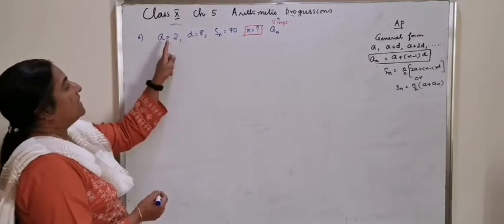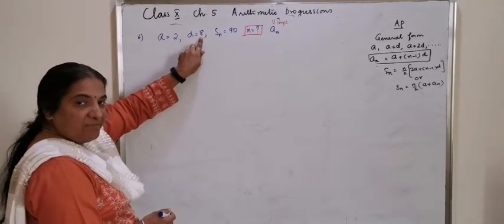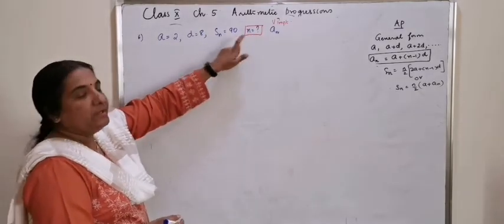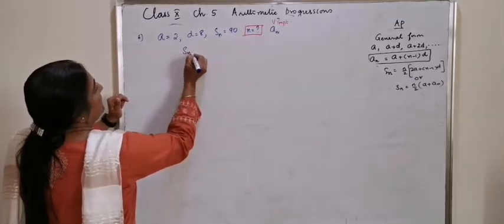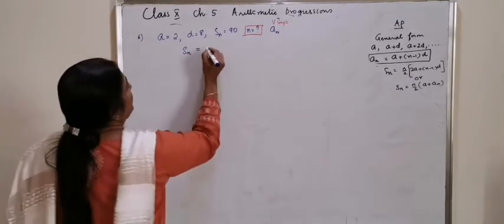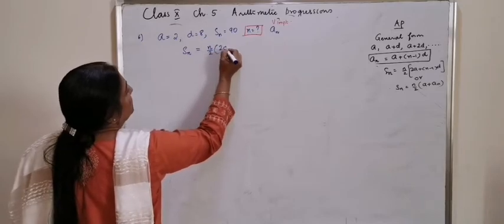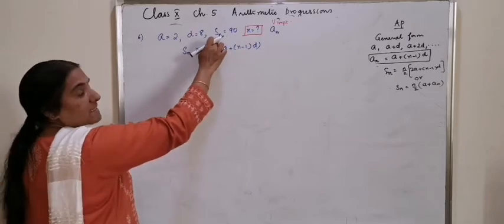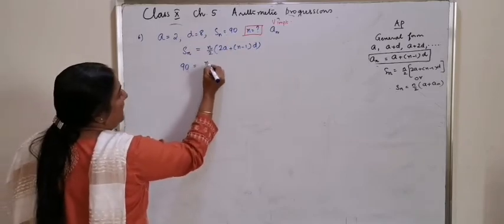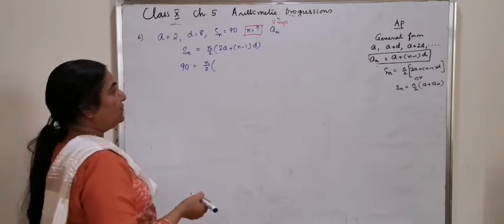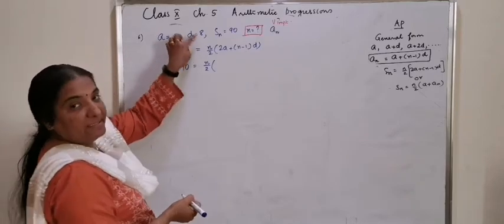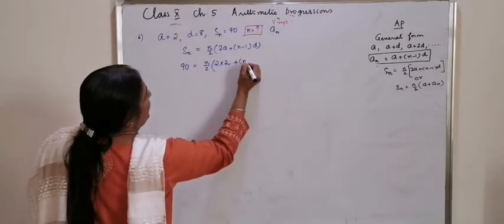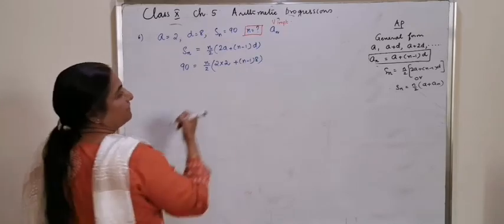What is given is the value of a, the value of d, and Sn is given as 90. That means n is unknown to you. Let's write the formula of Sn. General formula, Sn is equal to n by 2 into (2a plus (n minus 1) into d). Under Sn, 90 is equal to n by 2, n is still unknown to you, but you know the value of a and d. You can substitute the value of a and d as 2 into 2 plus (n minus 1) into 8,